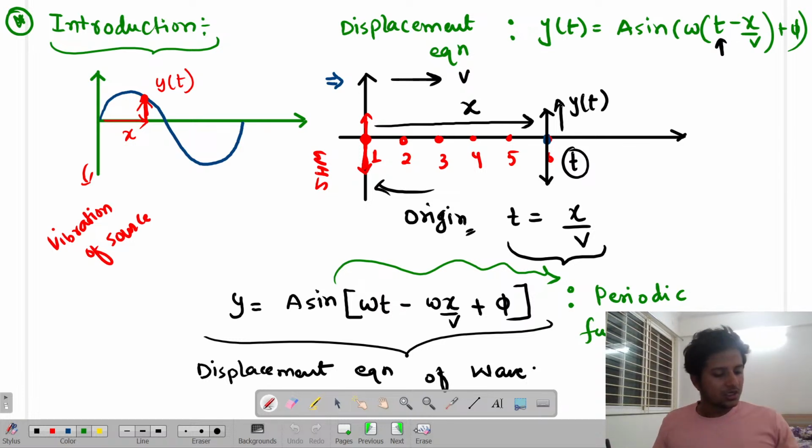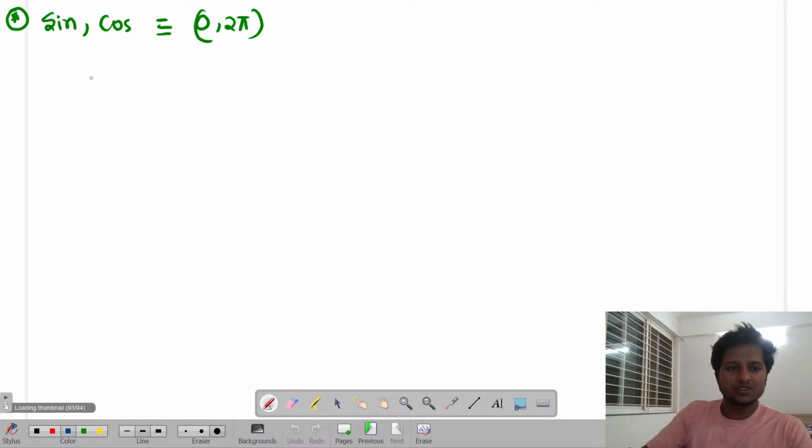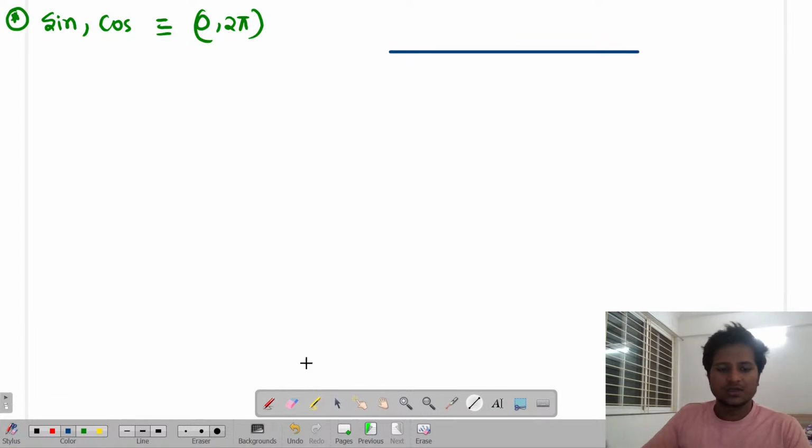Okay. Now, basically, the point arises that if the particle displacement is known, then this particle over here also has some velocity and some acceleration. Look over here. I'm now trying to imagine the particle. My particle is just like a case of SHM